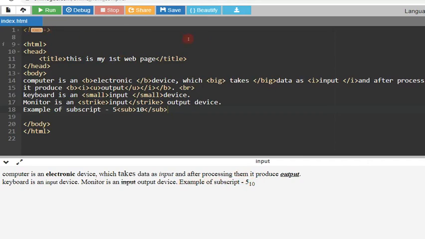In the same way, let's try superscript. For superscript, I'm using BR for break here so that it will come to the next line. It looks nice. So I'm using BR again here, just copying this and pasting it here. So what I'm specifying here is